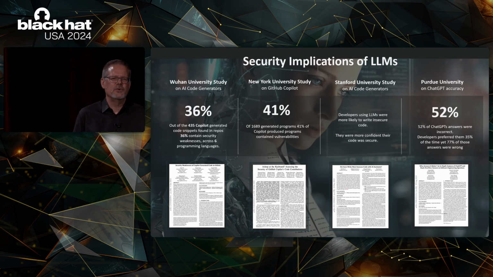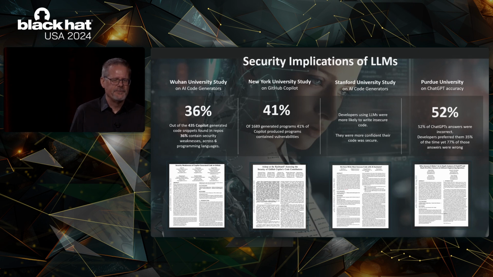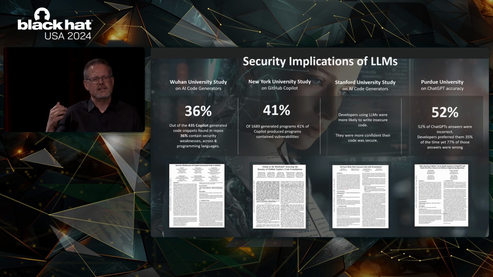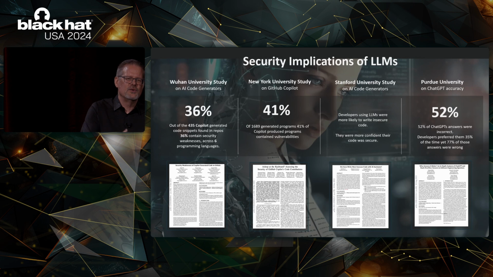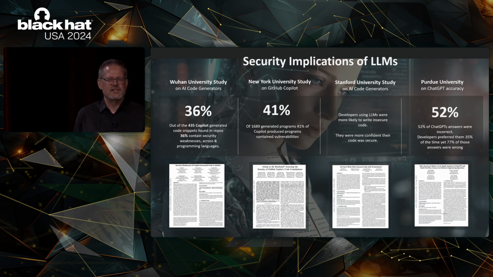And then finally, Purdue University did one on just coding questions, where they looked at Stack Overflow, and they selected a set of questions from Stack Overflow and used that as their oracle, right? They said, hey, these were highly upvoted answers. We're going to take those as references that are correct, and we're going to ask those questions to ChatGPT. It turned out that 52% of the answers that ChatGPT came back with were wrong, right? So have your developers still use Stack Overflow when they have questions. Don't have them look at ChatGPT.